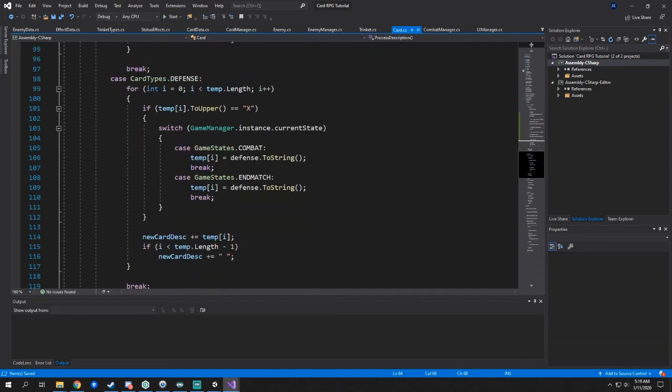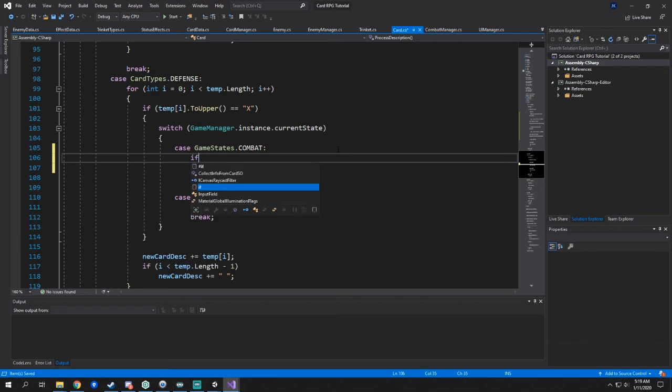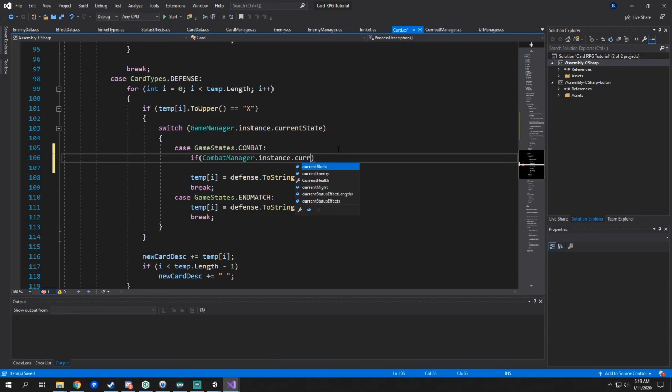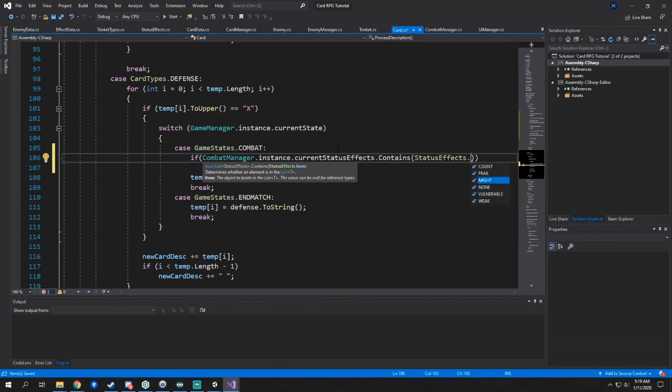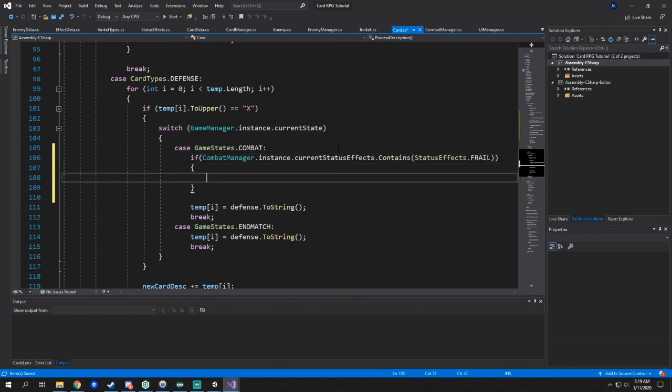In the defense one, you have to make a similar kind of thing, but only for one effect, for frail. So if CombatManager.instance.currentStatusEffects.Contains effects frail, tempI equals string.Format, and it's going to be inside quotes, do the caret color equals FF0000,